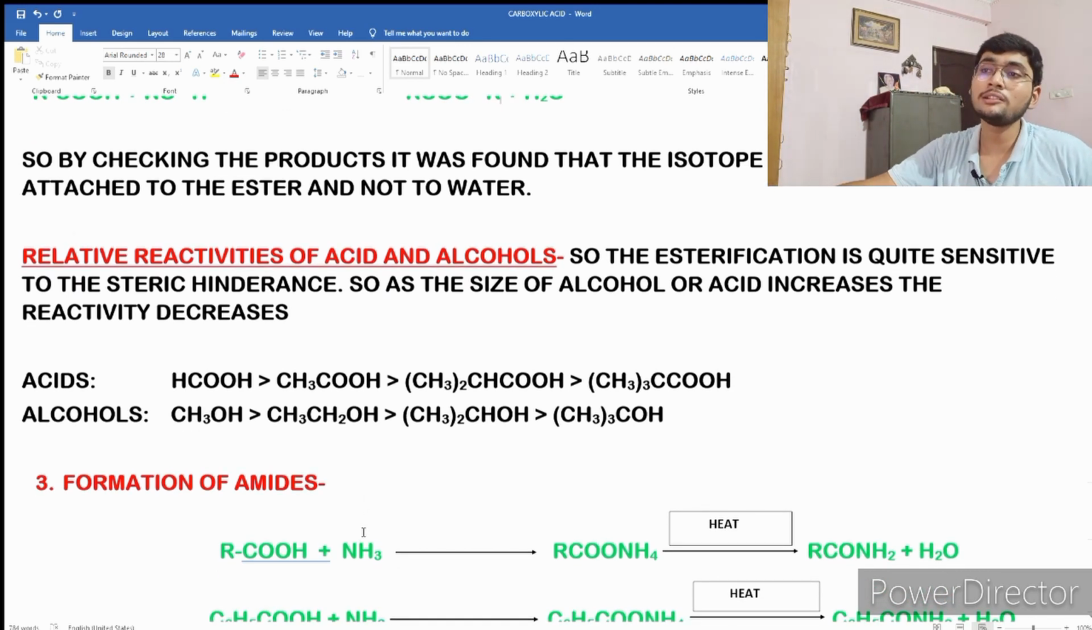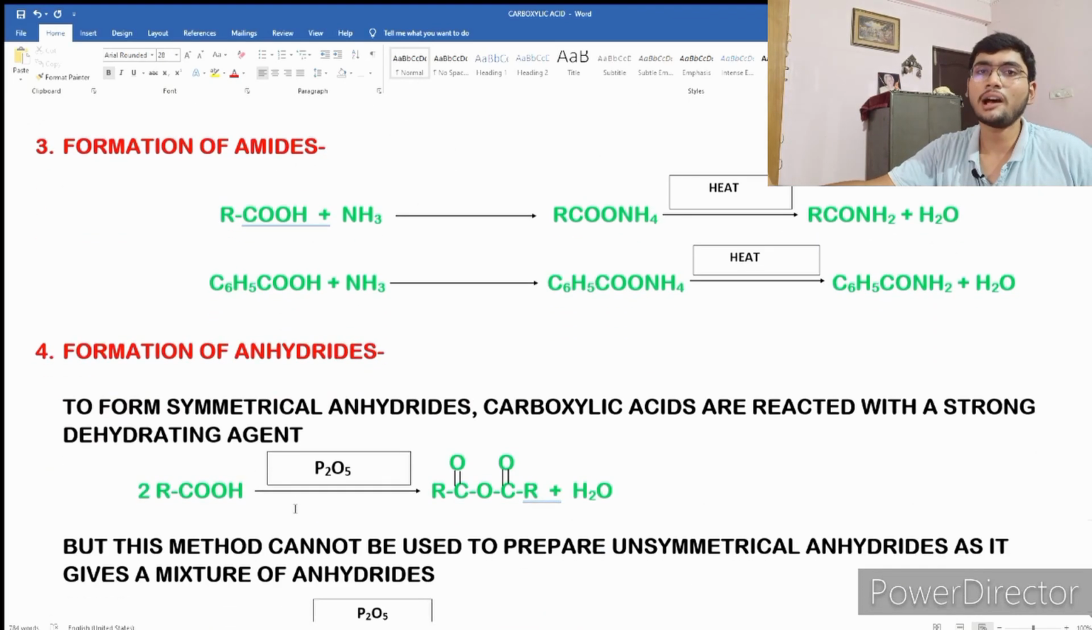Now coming to the third functional derivative, which is amide. You can prepare amide very easily by simply reacting the carboxylic acid with ammonia. When you react the carboxylic acid with ammonia, you will first get the ammonium salt of the carboxylic acid. And when you heat that ammonium salt, the water will get lost and you will get the amide